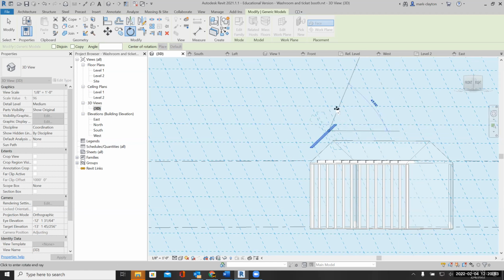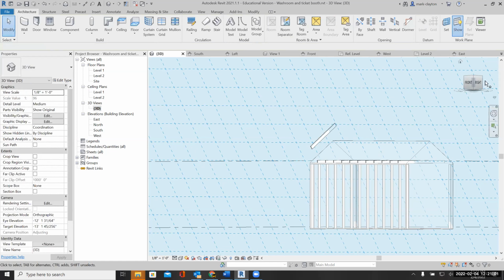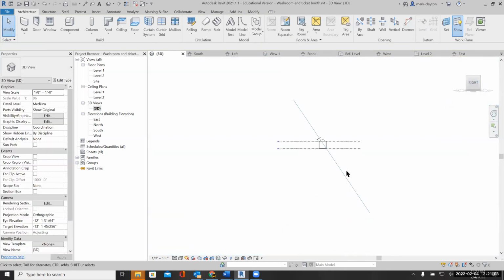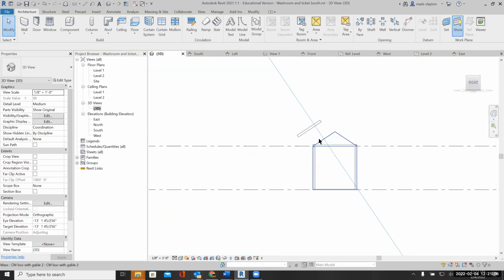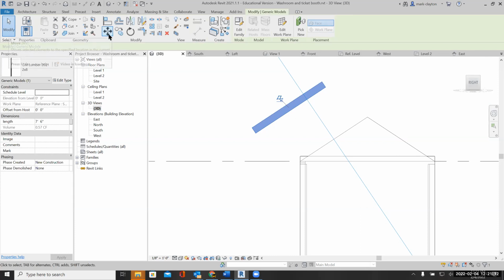So I can pull it across there and put in 90 degrees, and I rotated it. Okay, so now it's on the right plane. Looks like the right plane, the right orientation and all. I just have to move it to the right location. So I'm going to move it from this corner to